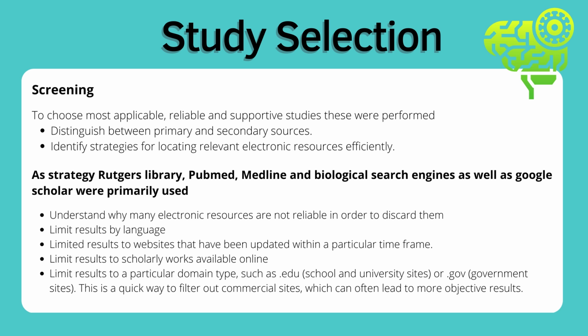We had to distinguish between primary and secondary resources, identify strategies for locating relevant electronic resources efficiently, and for those, as previously mentioned, we mostly used Rutgers Library, PubMed, Medline, different biological search engines, as well as Google Scholar. And then we made sure that everyone understood the differences between reliable and non-reliable electronic resources and discarded the ones that did not meet the